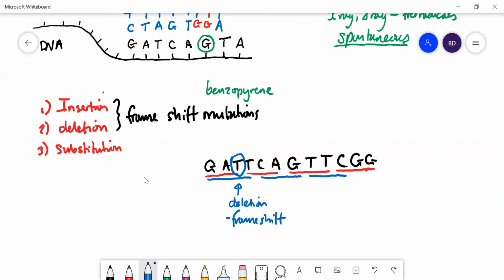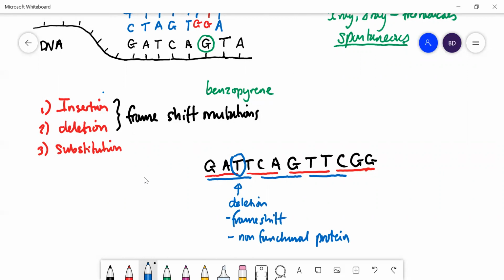So you get all the wrong amino acids. So you get a completely non-functional protein. That protein doesn't do what it's supposed to do. Now imagine if this happened in a very